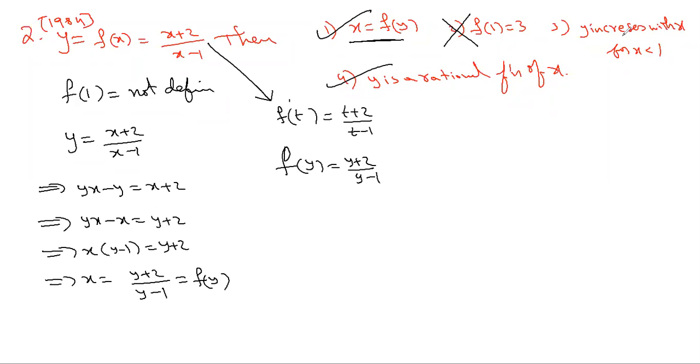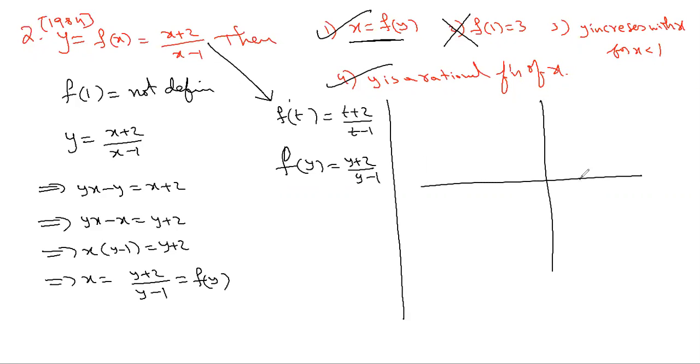Now how will we understand y is increasing with x? We can do it in one or two simple steps using calculus, but I will try to give it without using calculus, maybe a little lengthy. So we can try to draw the graph of it, and we need to draw only for x less than 1. Clearly at x equal to 1, this function is not defined, so we'll draw a dotted line at that point. We already drew the y equal to 1 by x graph in regular class.